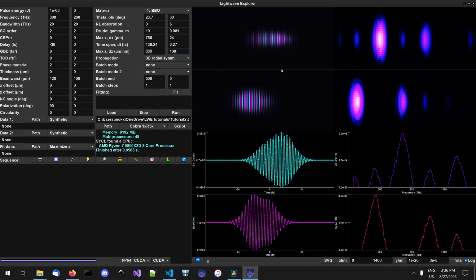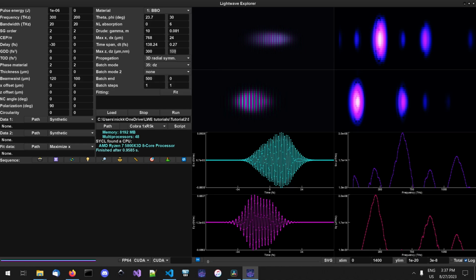So one thing that we can do to look at convergence is first, let's check how it behaves against our actual step size. This is equivalent to what we were looking at before in terms of the number of steps in the Runge-Kutta algorithm, because right now we are looking at a result which is done with the unidirectional pulse propagation equation. So this dz tells us the step size, and we can, for example, scan this step size. This is the easiest way to look for convergence. So we can just